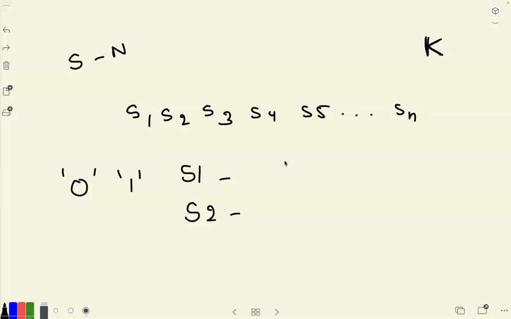Now, lexicographically, if you say S1 is less than S2, that means there is a 0 at this place in S1 and there is a 1 in this place in S2. Maybe everything is matching up till here, then you find a 0. So the lexicographical concept is pretty much simple. Because of this concept, I get an intuition. What is this intuition? Since my main target is